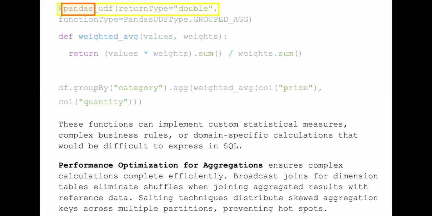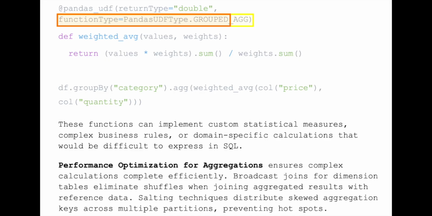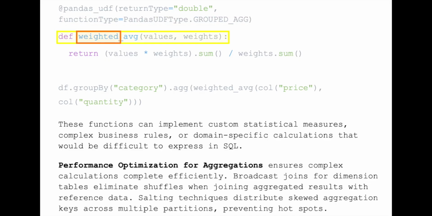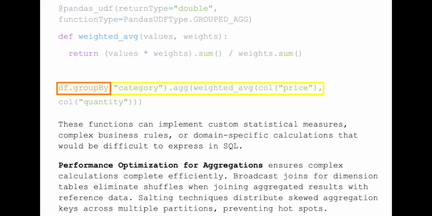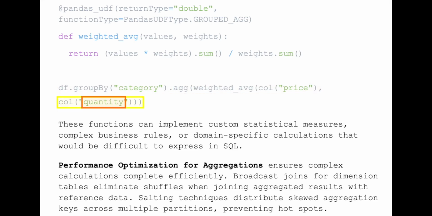Python: @pandas_udf(returnType="double", functionType=PandasUDFType.GROUPED_AGG), def weighted_avg(values, weights): return (values * weights).sum() / weights.sum(), df.groupBy("category").agg(weighted_avg("price", "quantity")). These functions can implement custom statistical measures, complex business rules, or domain-specific calculations that would be difficult to express in